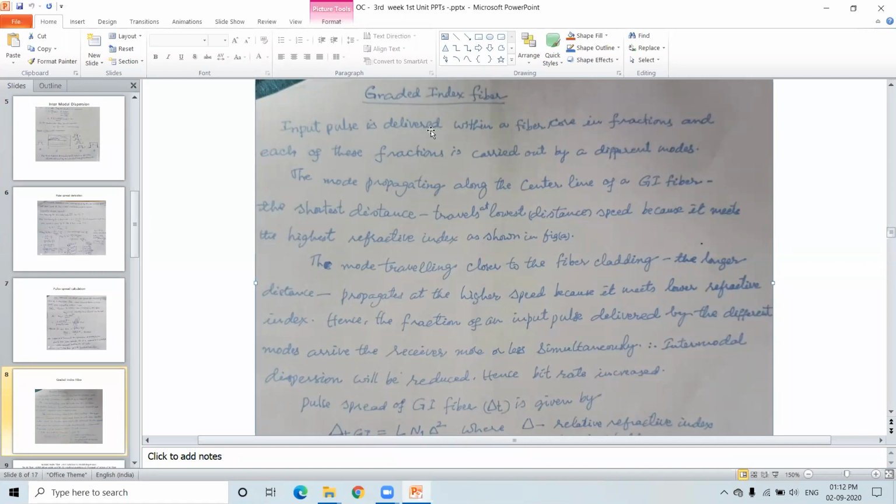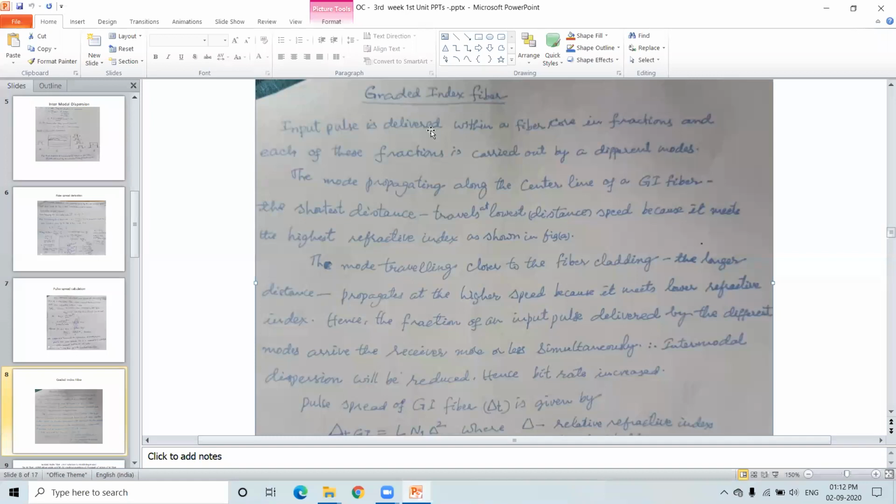To know that one, we have to know what is the physical phenomenon or physical principle taking place in the step index multimode fiber in the earlier case. So what is happening? Four modes are there. In the earlier class, we have seen how the modes travel. Let us consider 0 mode, 1, 2, and 3 modes for convenience.